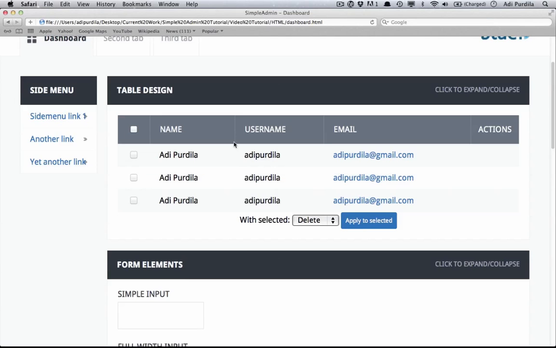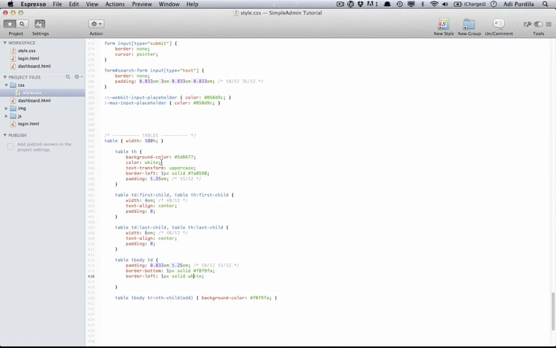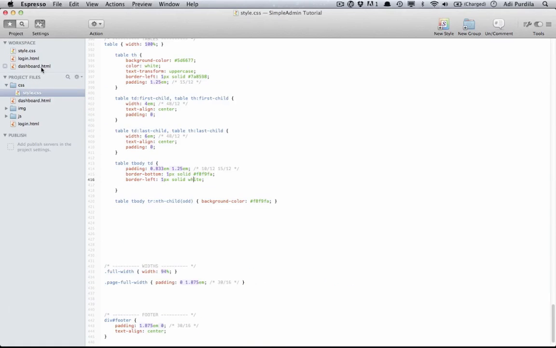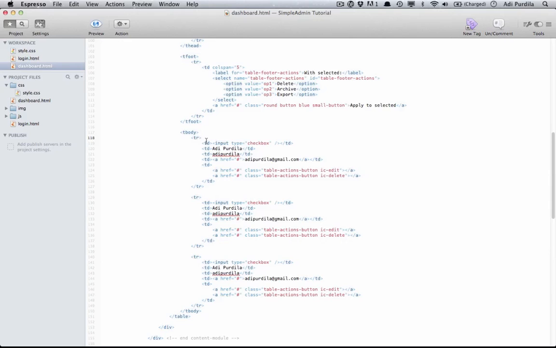And now that we have a contrasting background, you can actually see the white border. All right, cool. So we finished with the T body, and after this we got to deal with the footer, and the footer holds